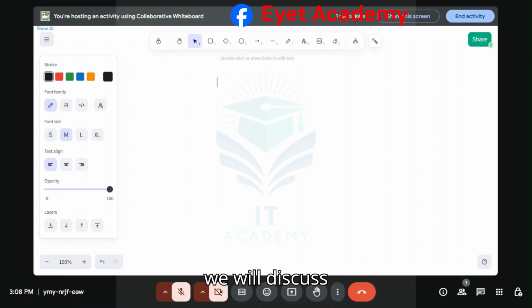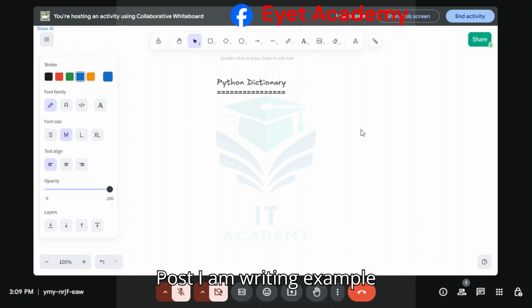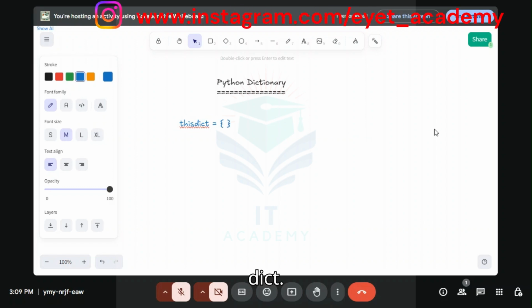Today we will discuss Python dictionary. First I am writing an example. This dict, open curly braces. Inside the curly brackets,